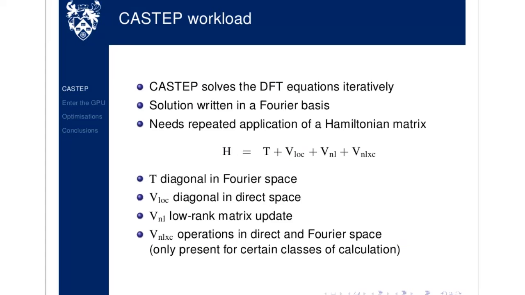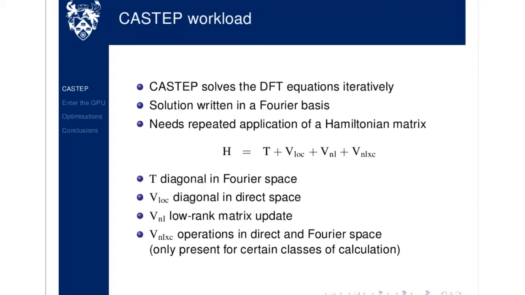So what does CASTEP do? It solves the density functional theory equations iteratively, and it does it in a basis which is a Fourier basis. So we use the fact that materials are periodic, and we can use that 3D periodicity as our basis. We diagonalize a large matrix, the Hamiltonian matrix, and we diagonalize it iteratively, and that requires applying this Hamiltonian matrix many, many times. So I've split the Hamiltonian matrix H into 4 parts, and the first one, T, is the kinetic energy, and that's diagonal in Fourier space, so it's trivial to apply that,